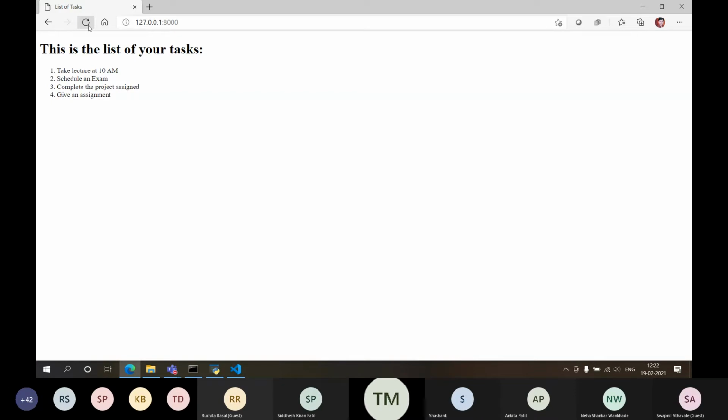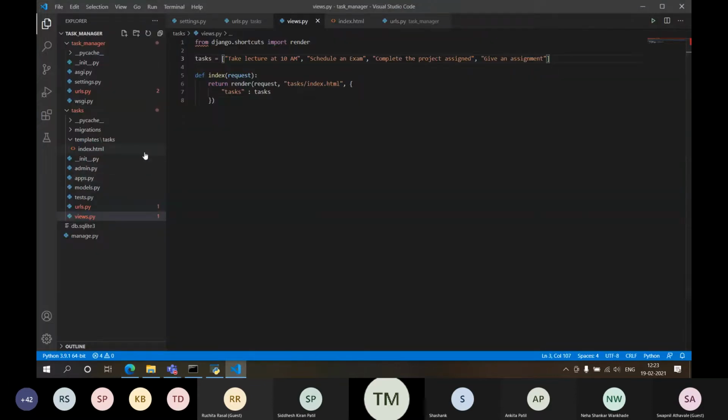Now this is the list of tasks. My next thing is I should be able to add a task, right? Now if I want to add a task, what I require, I require a form, right? I'll require a form. Now if I require a form, what I need to do, I need to write HTML code over here again, right?